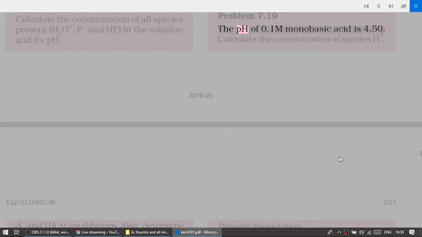Problem 7.19. The pH of 0.1 M monobasic acid is 4.50. Calculate the concentration of species H⁺,